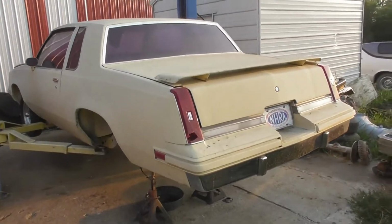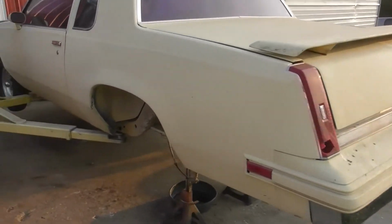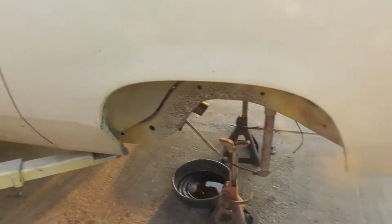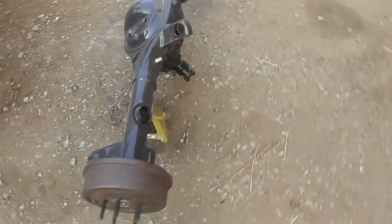Yeah, I got another little project going on here. Working on this Cutlass and upgrading the rear axle in it, the whole rear end. Had an 8.5 Chevy in it, but we're going to install a 9-inch Ford in it. Got the rear end all built,